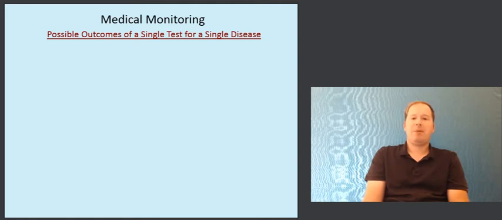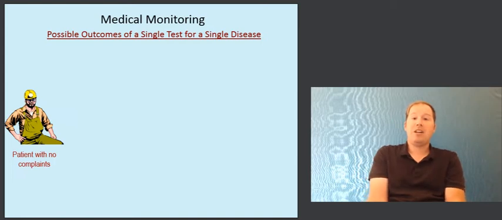Let's look at an example of medical monitoring. Screening in advance for a latent medical condition, that is, a condition that's not currently manifesting itself, and trying to decide on the basis of a screening test whether or not further intervention is required. So here we have an individual, a patient, who has no current complaints or symptoms of an illness. But we decide, either because they were exposed to something or just as a matter of routine general medical practice, that we want to submit them to some sort of screening.